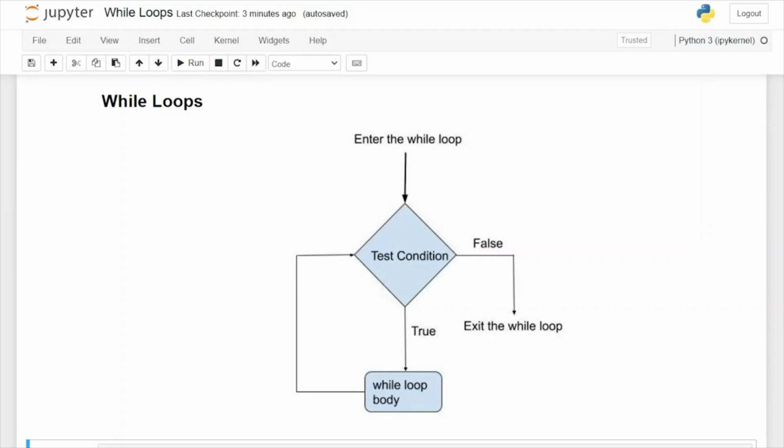The while loop in Python is used to iterate over a block of code as long as the test condition is true. Now the difference between a for loop and a while loop is that a for loop is going to iterate over the entire sequence regardless of a condition, but the while loop is only going to iterate over that sequence as long as a specific condition is met. Once that condition is not met, the code is going to stop